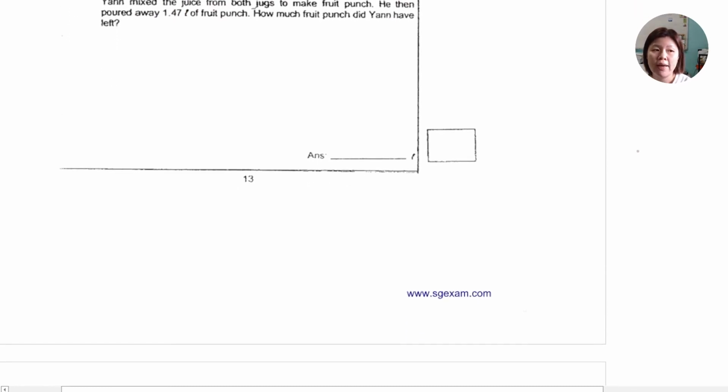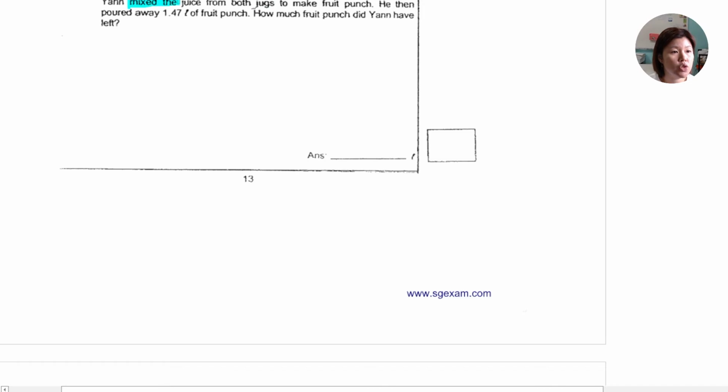Jug A contains 6.2 liter of apple juice. Jug B contains 3.8 liter of carrot juice. So Yan decided to mix them together to make fruit punch. And he poured away 1.47 liter. So how much was left? So they mentioned that